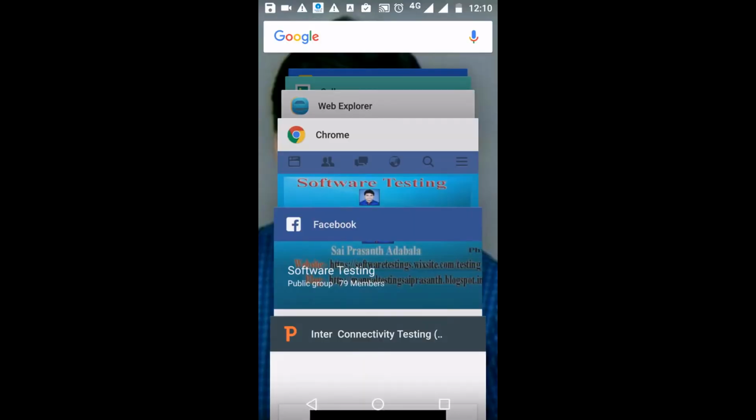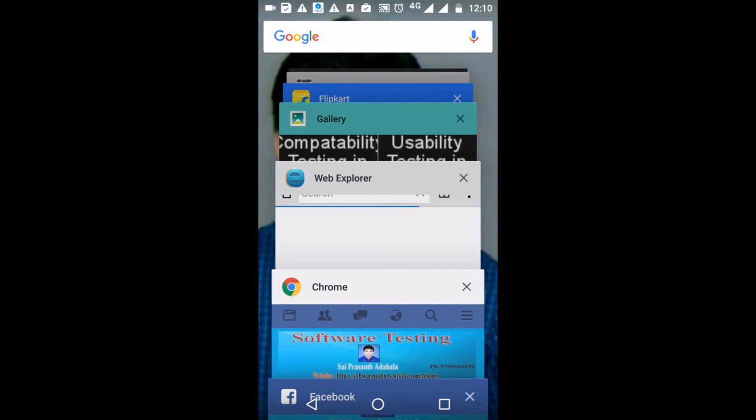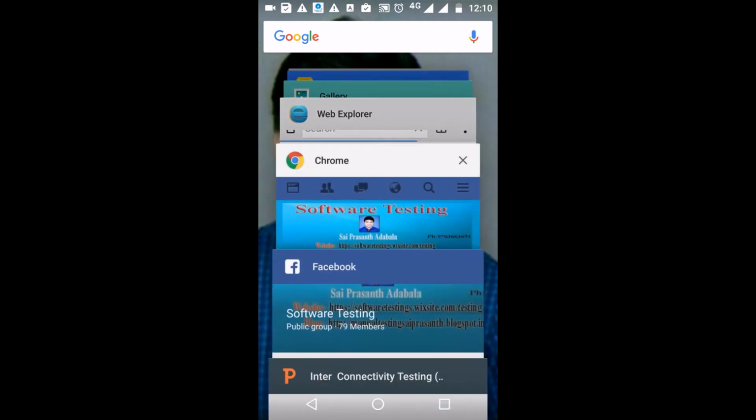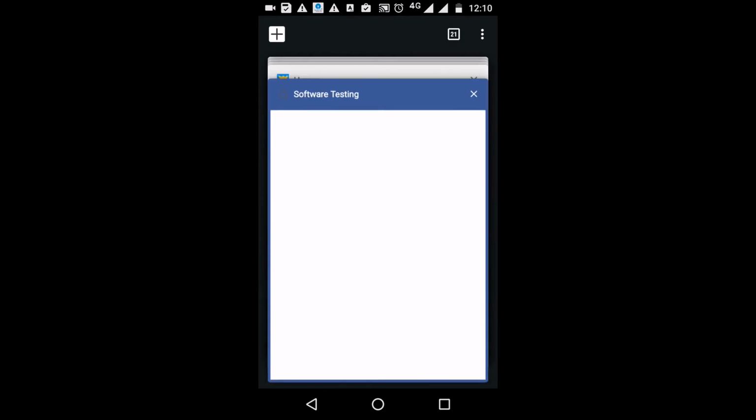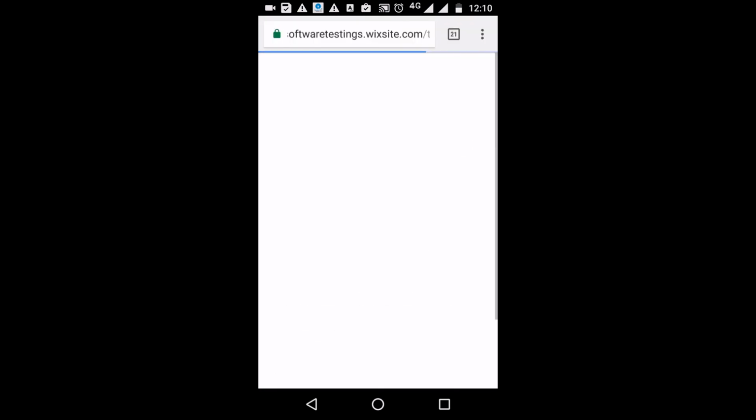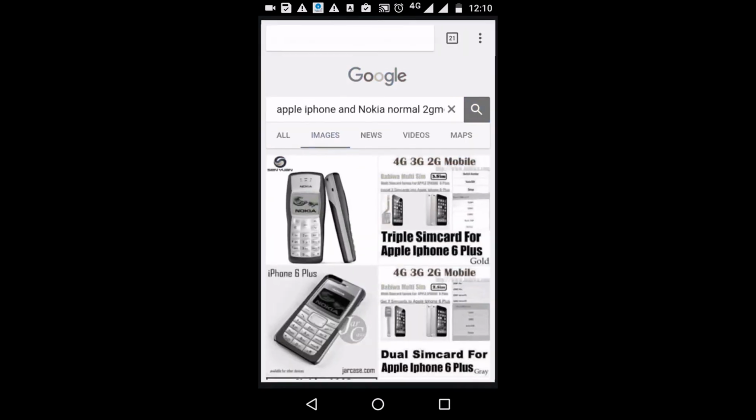Let us see a website here. This is the website you identify here. First of all, our first point is user friendliness, meaning ease of use. When you see these mobiles, in olden days we had only 2G mobiles.